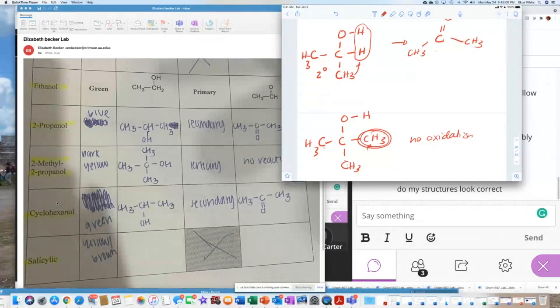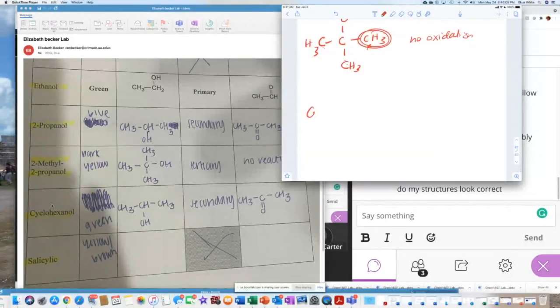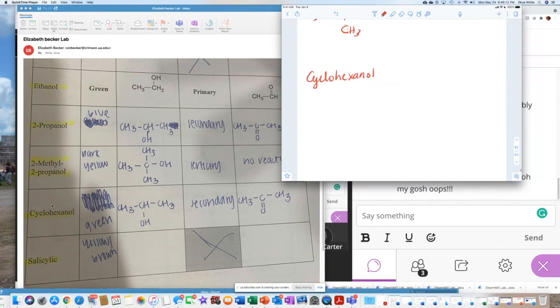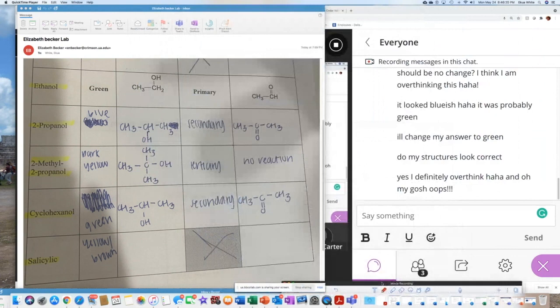Cyclohexanol. Except this is cyclo. Cyclo, Elizabeth. Cyclohexanol. So cyclo should be cyclic. That's okay, don't worry about it. Right, yeah. So cyclohexanol is cyclic, and then